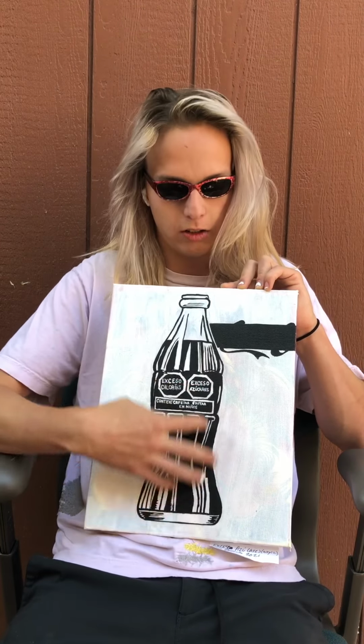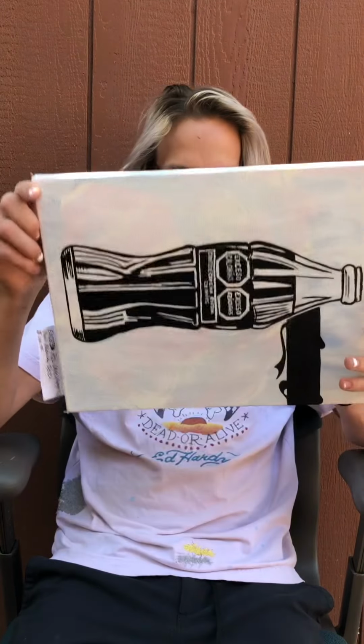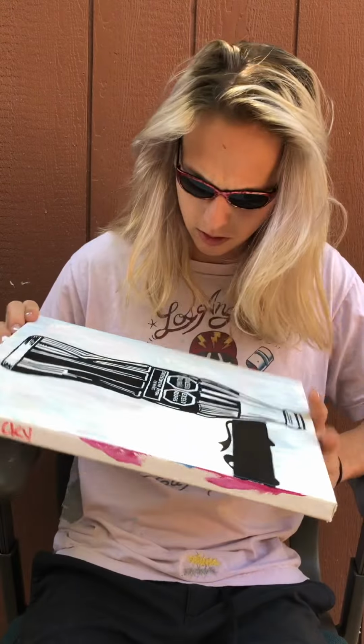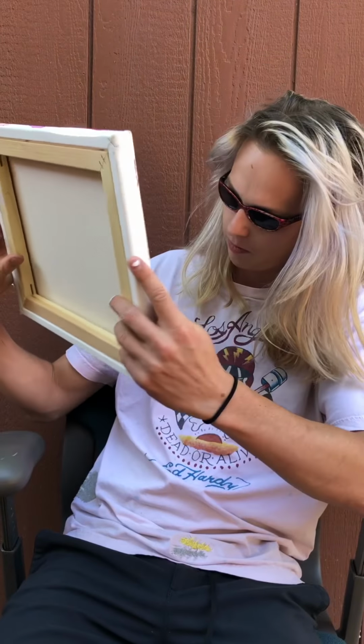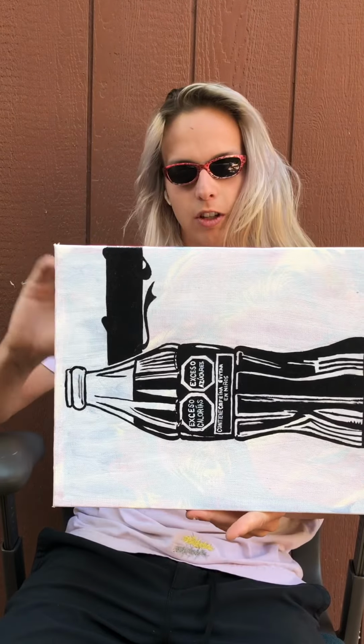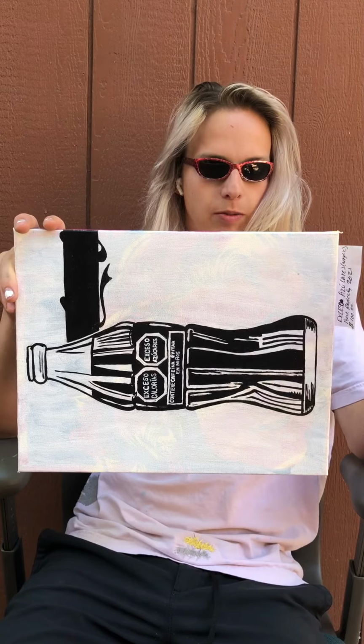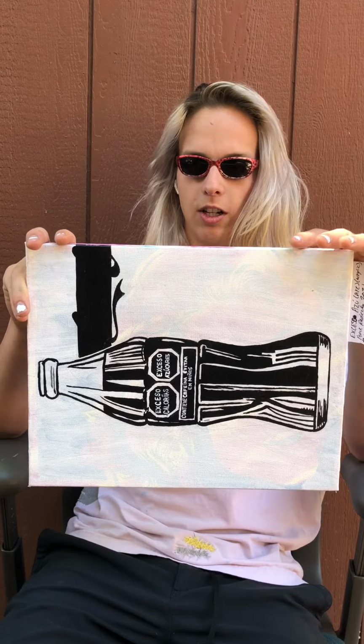And that's why I've blacked out the Coca-Cola logo, because this is like a classic Andy Warhol, but he painted the Coca-Cola logo, and I wanted to obscure it. And then also it's painted over this Marilyn Monroe painting. Is that right side up? It's painted over this Marilyn Monroe painting. I don't know if you can see that, but I painted Marilyn Monroe under it a while ago, and I